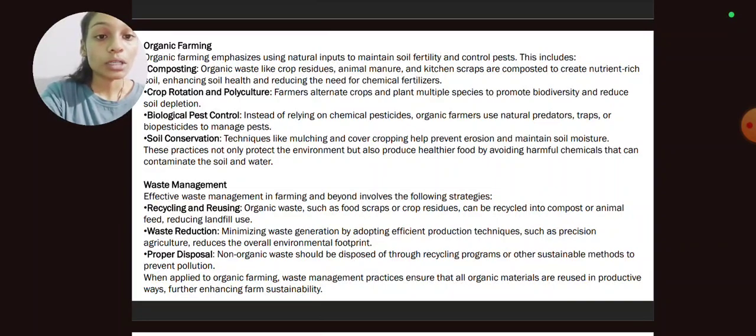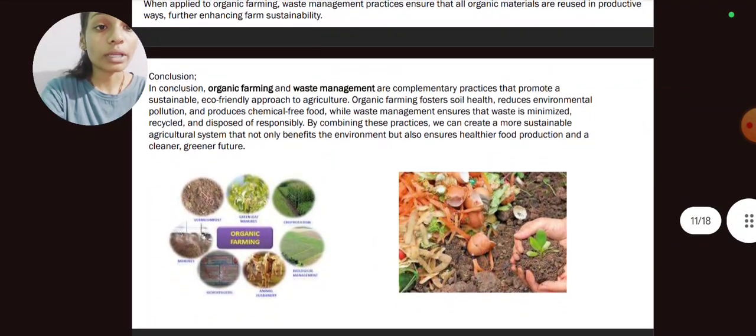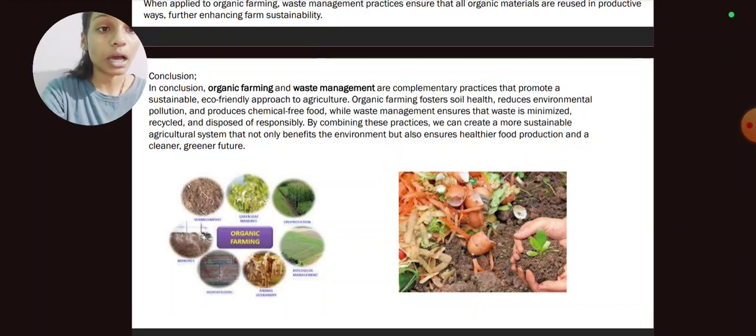Proper disposal. Non-organic waste should be disposed of through recycling programs or other sustainable methods to prevent pollution. When applied to organic farming, waste management practices ensure that all organic materials are reused in productive ways, further enhancing farm sustainability. Conclusion. In conclusion, organic farming and waste management are complementary practices that promote a sustainable, eco-friendly approach